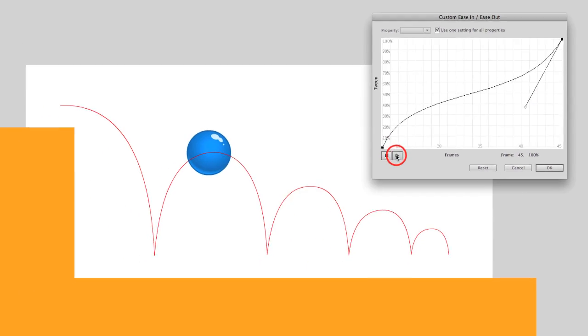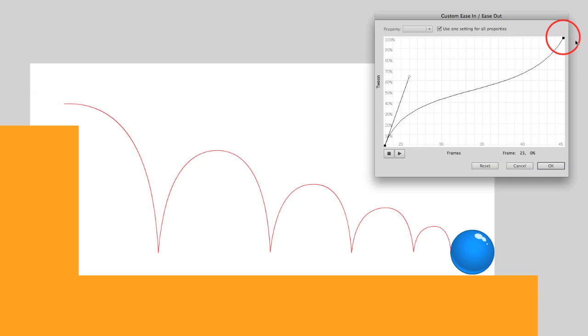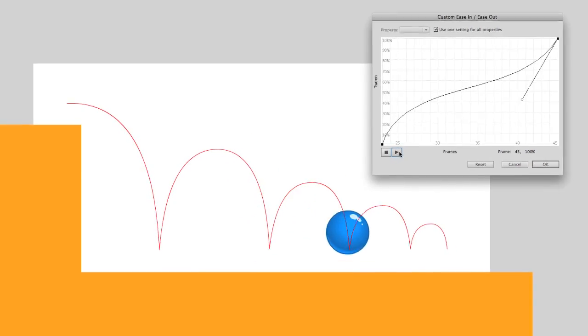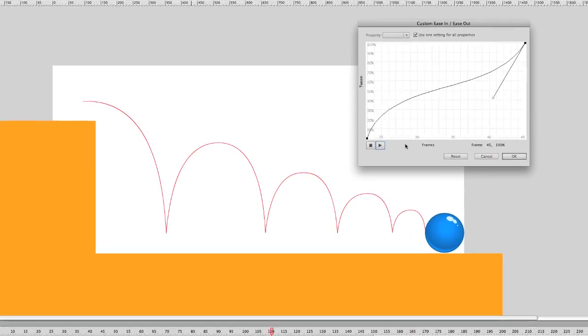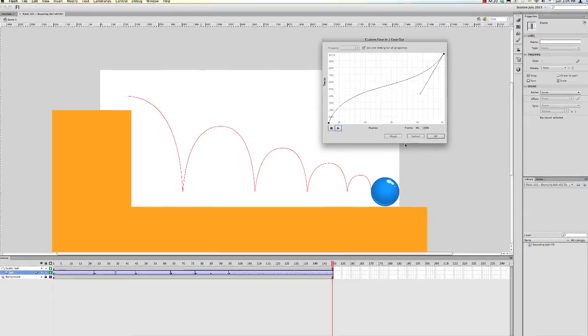And we can preview that by clicking here. See? That looked pretty good. Do it again. And then you can adjust the curve. Maybe you want it to launch a little faster, a little less hang time. Looking good. Now I'm going to hit Command and the letter C